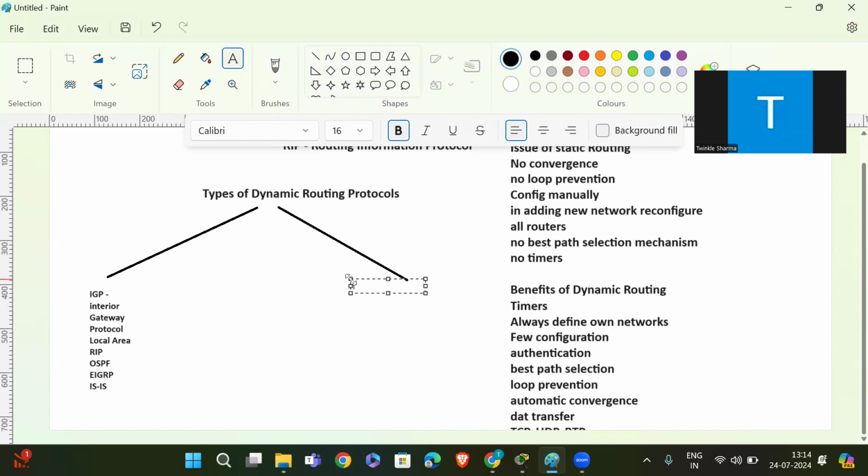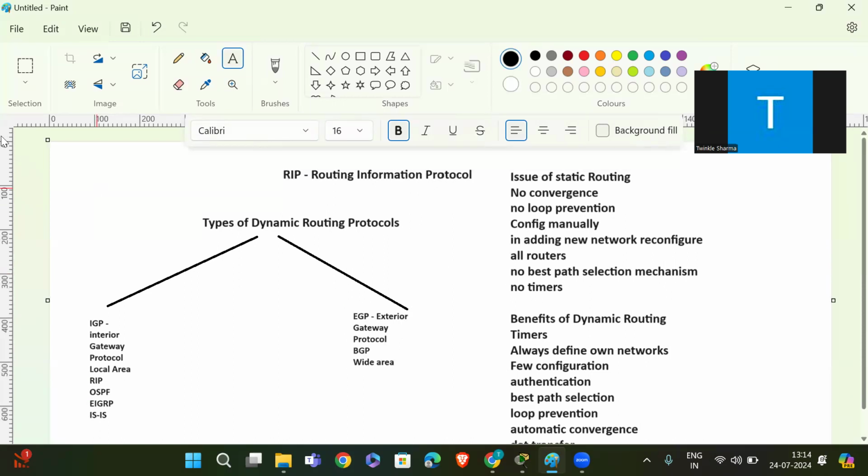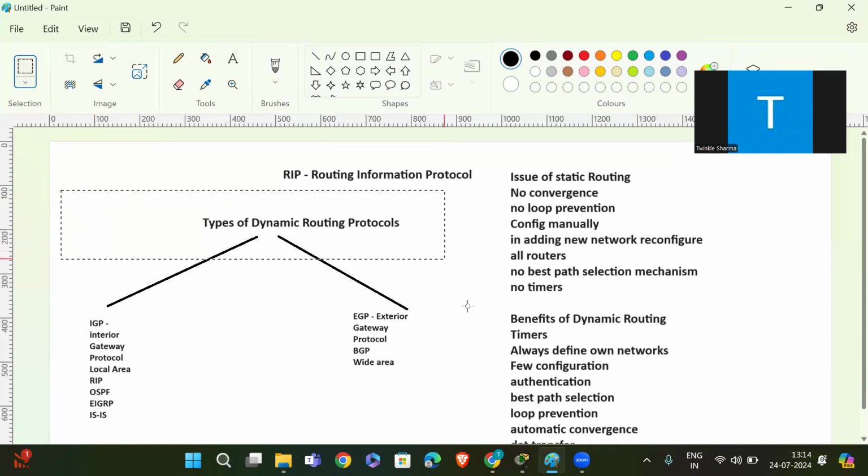Whereas we have EGP, Exterior Gateway Protocol. In this, we have BGP, and this will work on wide area network. Okay, so let's go to our main topic, that is RIP protocol of today.